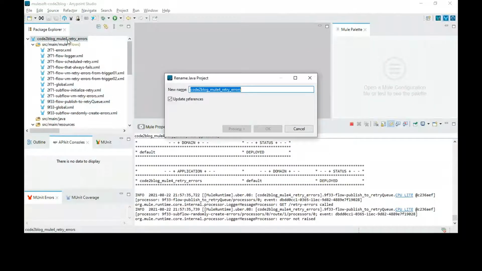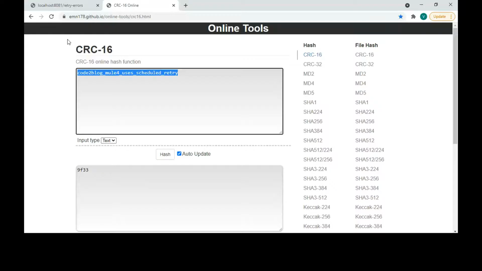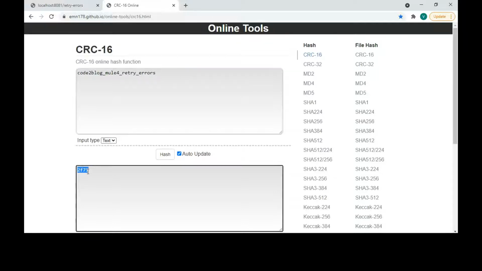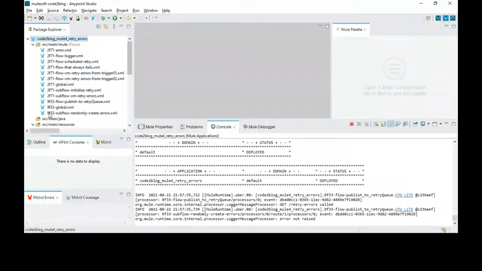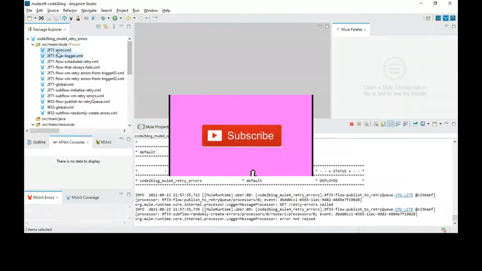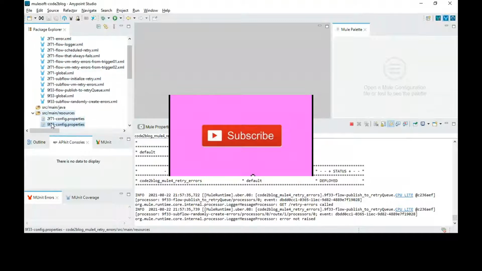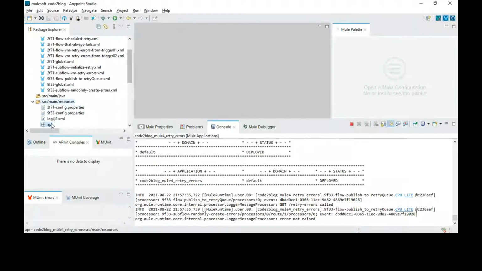Instead of putting in the whole string, I replace it with just these four characters, a short form. Each project of mine will have this as a unique identifier.